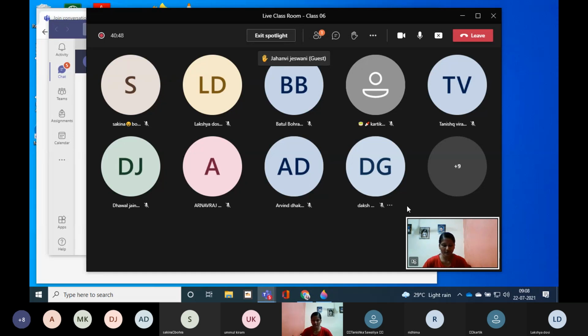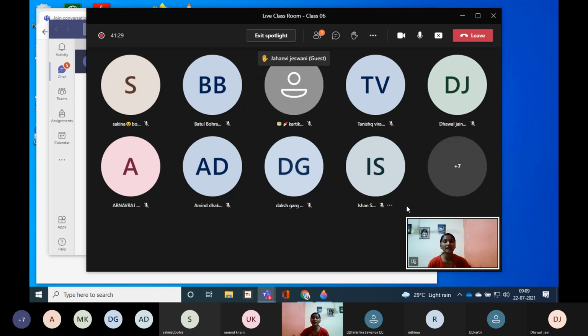Now, the third one is temperature. The optimum temperature for photosynthesis is between 20 degrees Celsius and 35 degrees Celsius. The rate of photosynthesis decreases when the temperature is below or above this range. If the temperature is below 20 or more than 35 degrees Celsius, photosynthesis will decrease. So this optimum range has to be maintained. Otherwise, if it is more or less, the rate will decrease.